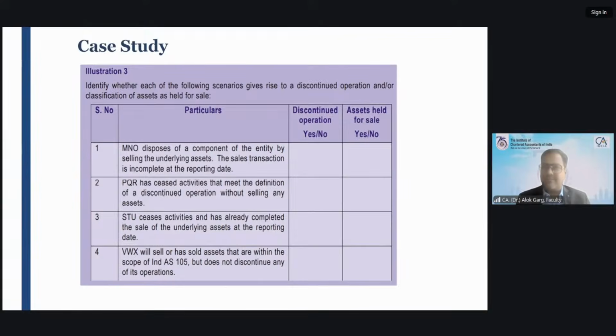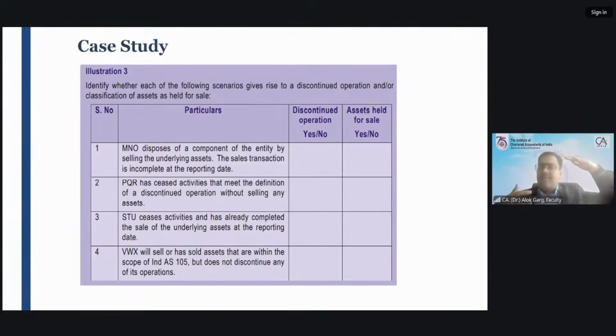And what is the condition for a disposal group? For a disposal group, of course, the asset has to be sold out. It has to be available for immediate sale in present condition, and the sale must be highly probable, right? That was the condition. So a discontinued operation could also be a disposal group held for sale, or could not be a disposal group held for sale, right? It can be, right? Yes, sir. So a discontinued operation not necessarily always be a held for sale.